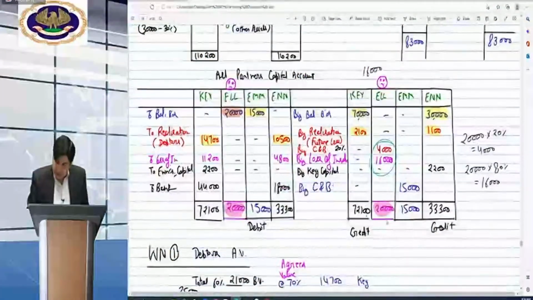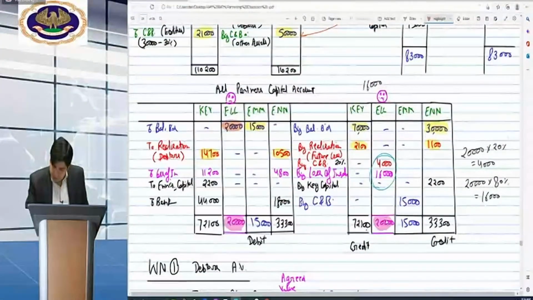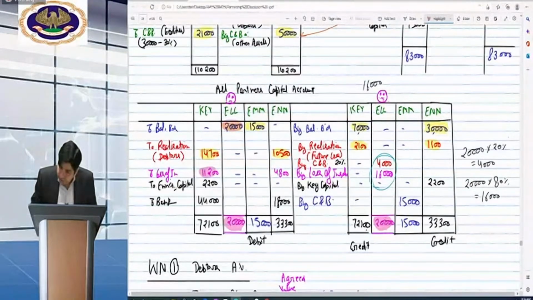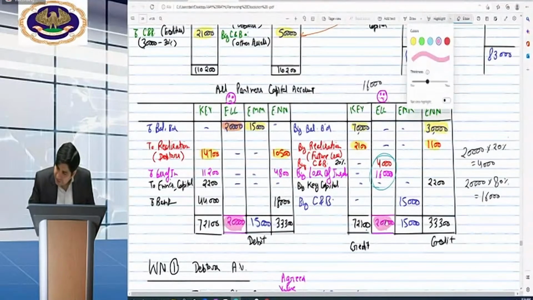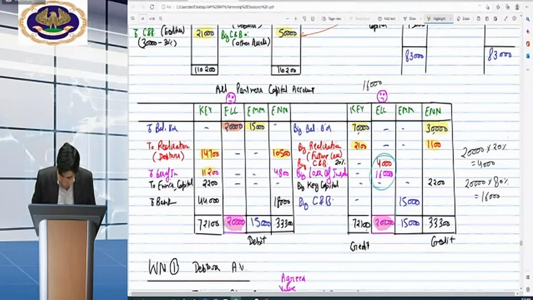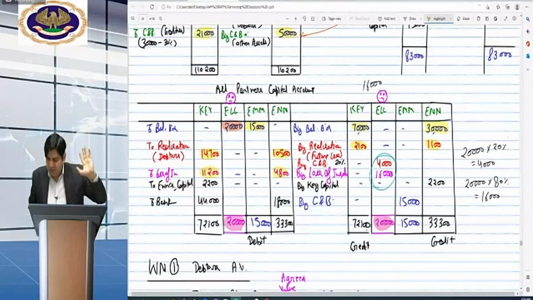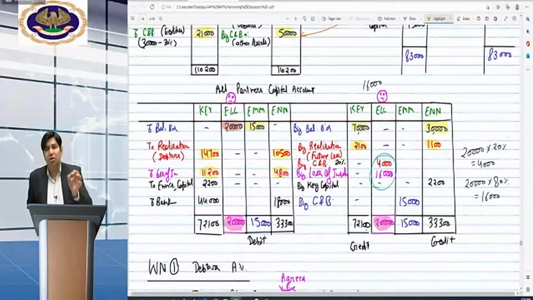So beta, see, now I am highlighting the yellow part in yellow color. 11,200, sorry, 11,200 will be transferred by Mr. Key and 4,800 will be transferred by Mr. N to the deficiency account, or you can say loss of insolvency account. A deficiency account and a loss of insolvency account are the same. So in the exam, you have to prepare the deficiency account. I don't think I have to show you the same here. You already know how the deficiency account will be prepared.